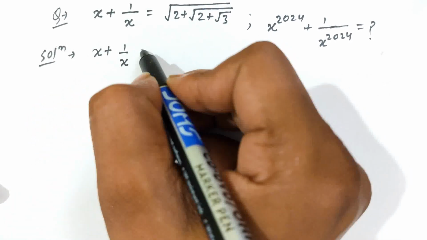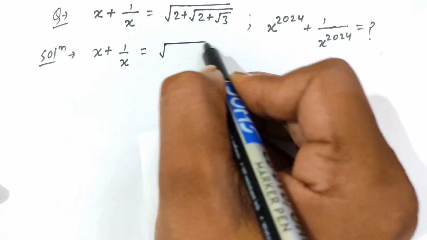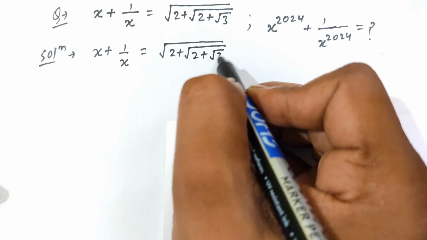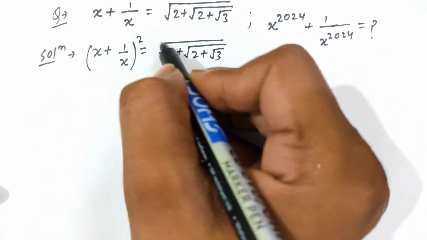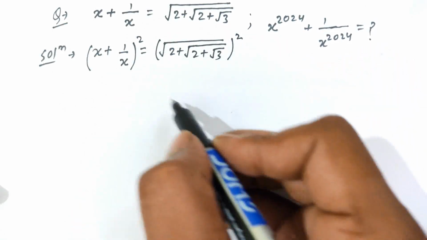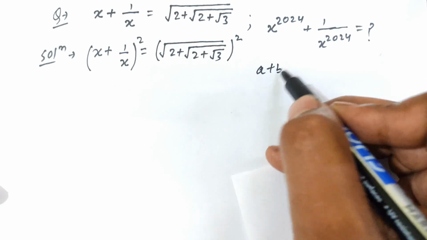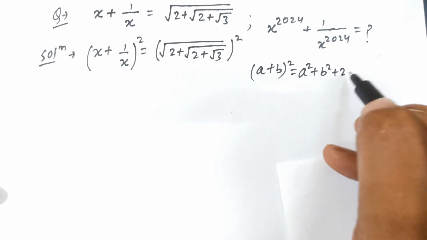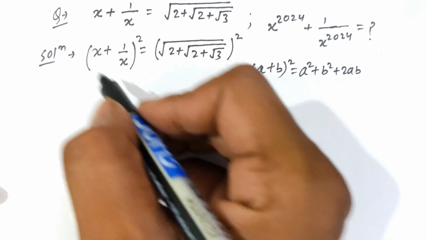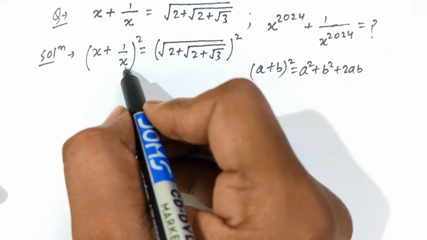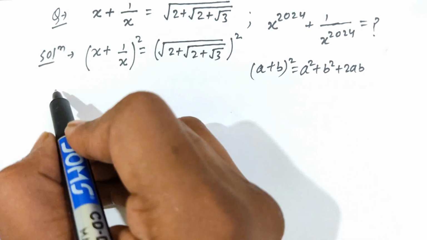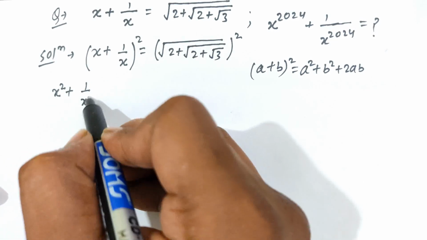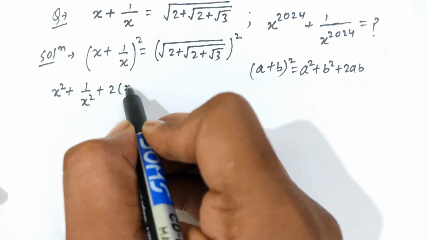in left hand side we have x plus 1 by x, this is equal to square root of 2 plus square root of 2 plus square root of 3. If we take square both sides, then in left hand side we will apply (a plus b) whole square, this is equal to a square plus b square plus 2 times ab. If we apply this rule in left hand side, then this x is a and this 1 by x is b. (a plus b) whole square, that is a square, it means x square, b square that is (1 by x) whole square, that is 1 by x square,